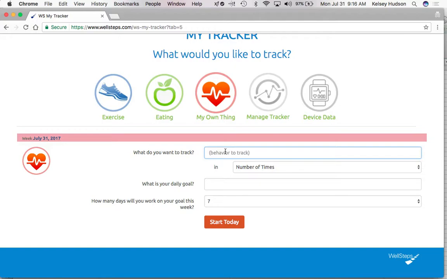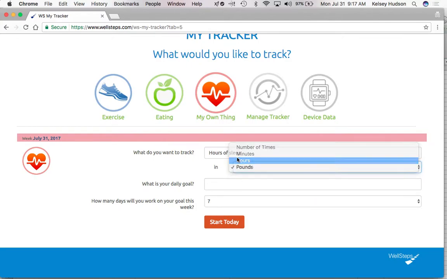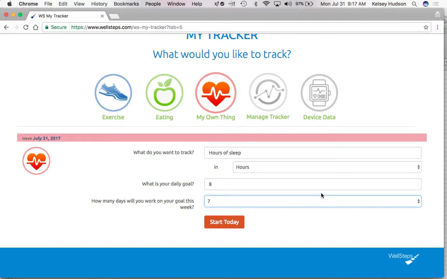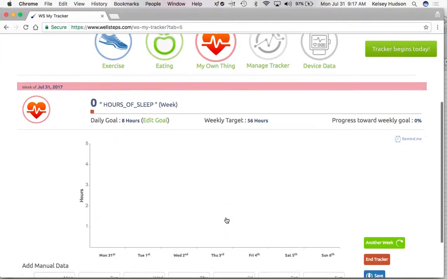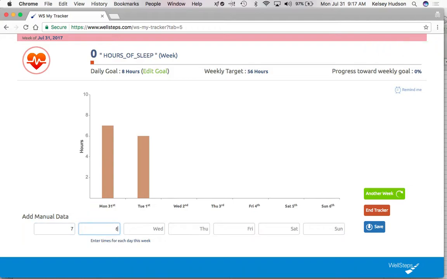So let's say we want to track hours of sleep. And so I'll track that in hours. And the daily goal is 8 hours. We all wish that we could achieve that goal every day, but sometimes it's a little hard. So we'll go ahead and click Start Today. And then each day of the week, I'm going to track how many hours I slept. So if last night was 7 hours, and let's say it's 6 hours the next day, and then 8 hours. So you can track your data, click Save,